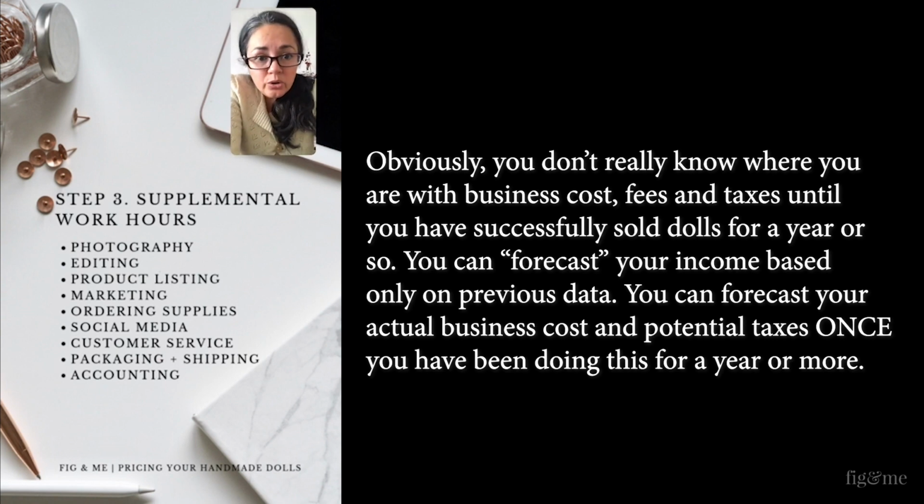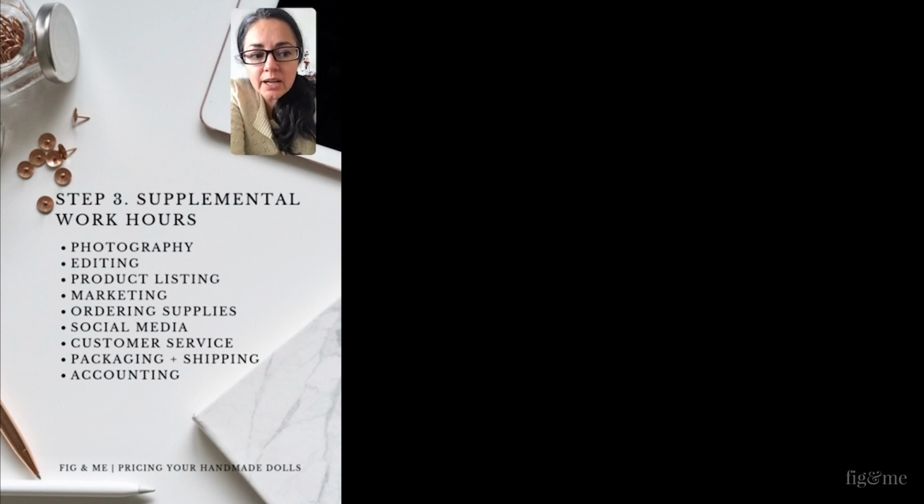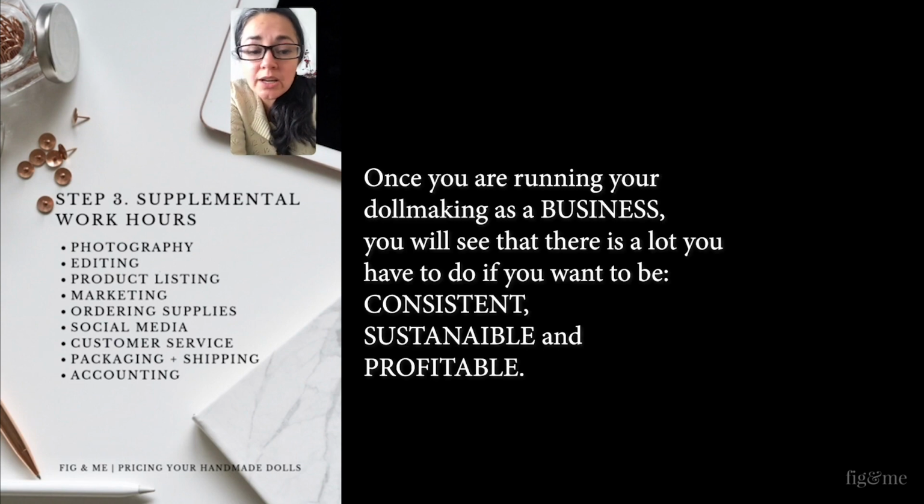And this is what I call the supplemental work hours. As you start working, you're going to see that there is not just the doll creation anymore. You're going to be working on this business, and it's not just about making dolls. That would be lovely, but it's not about that only, and it's not about just what it costs you to make the dolls in the actual materials, because it's going to cost you in other areas that are not necessarily included in the doll. So some of the supplemental work hours that you will maybe be encountering are the photography,